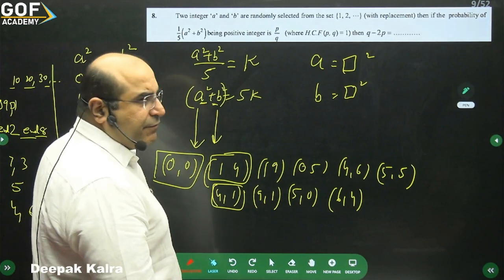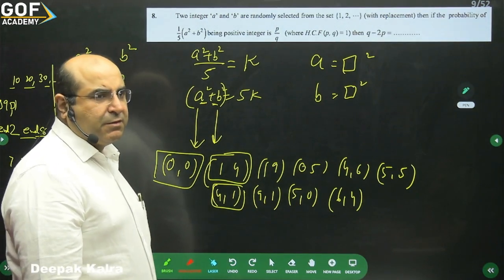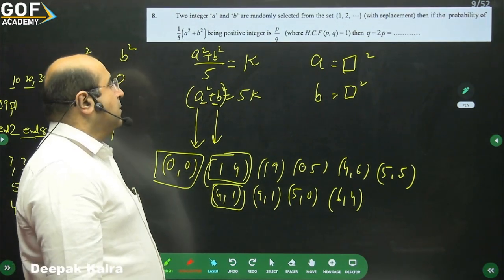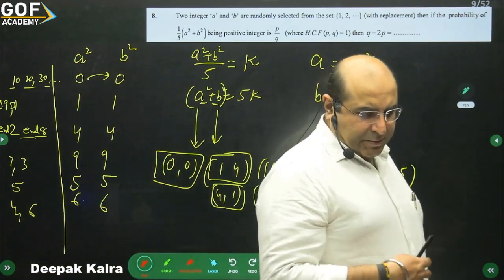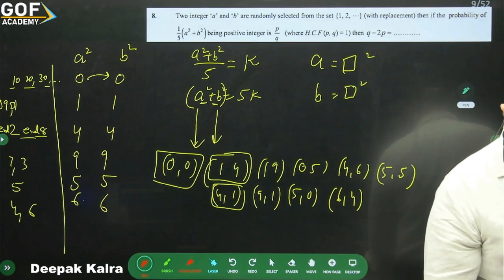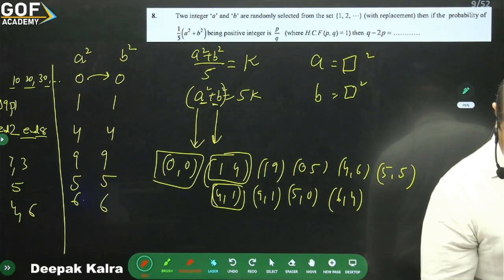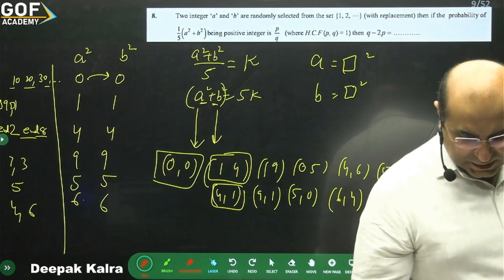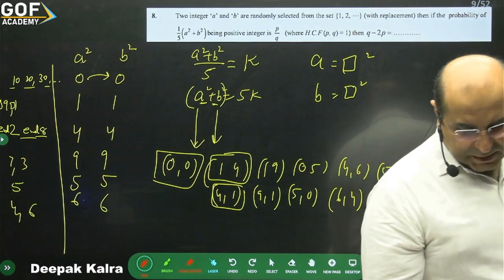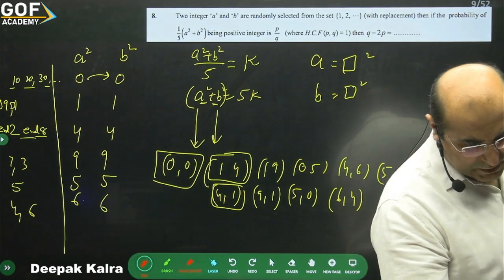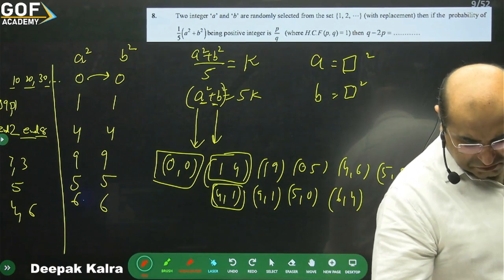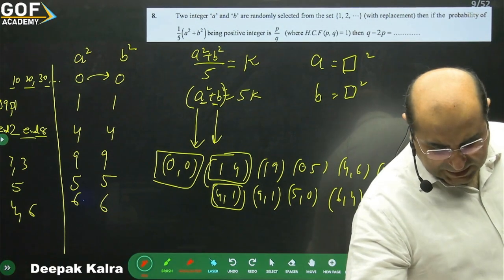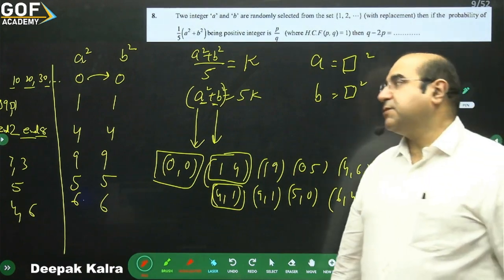So let it be infinite. What is the problem in that? Okay. It should be n, something like that. No, nothing mentioned means misprinting won't be there. With replacement, they are not giving any. That means they have not taken it. An infinite set is what they have considered. They have considered only this.